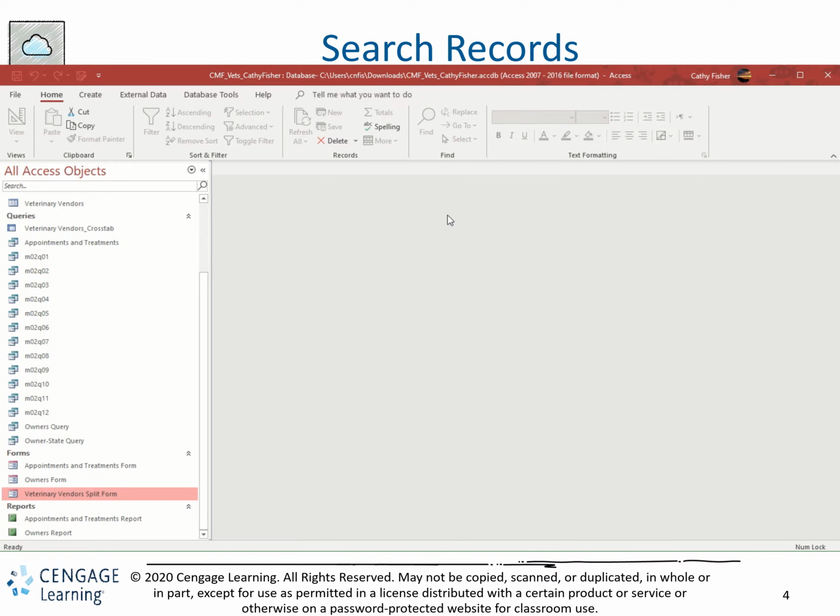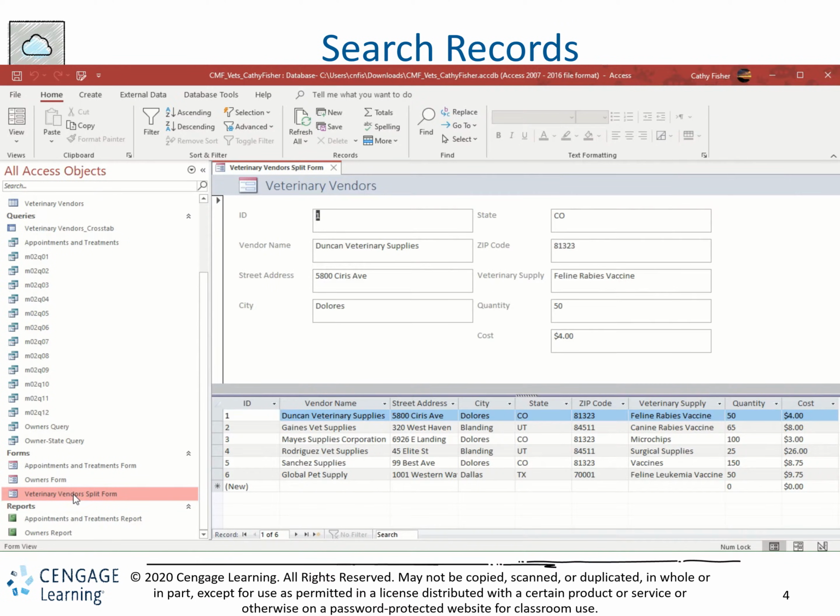We're going to do a simple search, because sometimes you may just want to look something up quickly without creating a query. So the veterinary company actually just wants to do a quick search to see which vendor sells microchips. So we can do a quick search. If we go into our vendors veterinary vendors split form, and we just open that up, we can do a quick search simply by using the